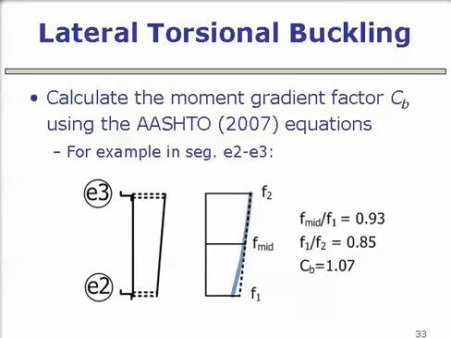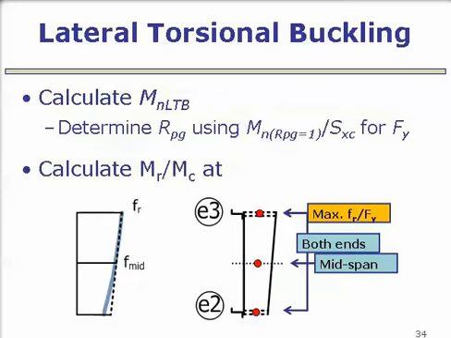These illustrate how you can calculate C_b with this equation. For example, for segment E2-E3 in the exterior column, this is the flange stress diagram for the given dead load case we were looking at. This blue curve is the original flange stress diagram. Based on the AASHTO equations, you get an f1 over f2 ratio of 0.85, which gives us a C_b factor of 1.07. Once you get the F_e LTB and C_b values, you can plug those into the nominal LTB strength equation